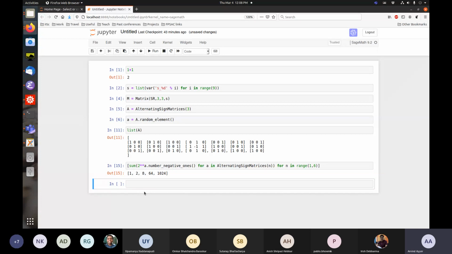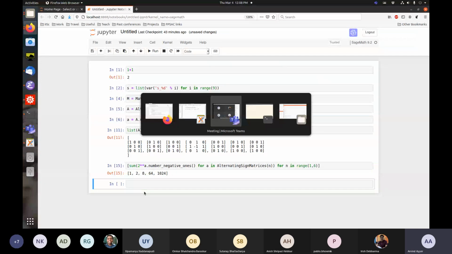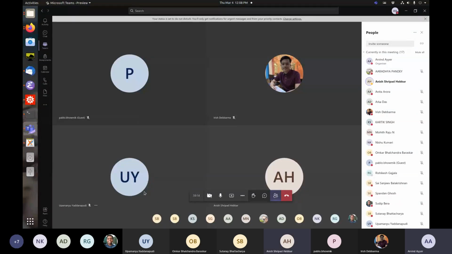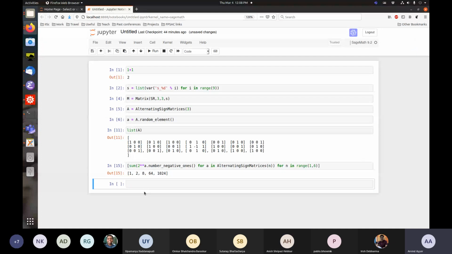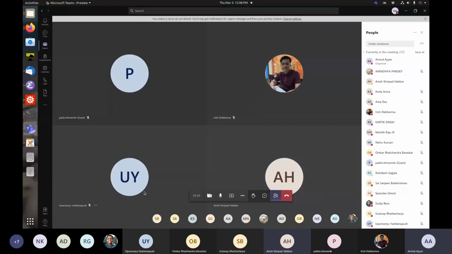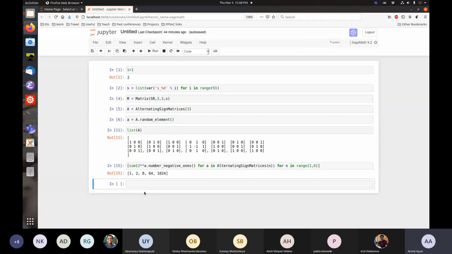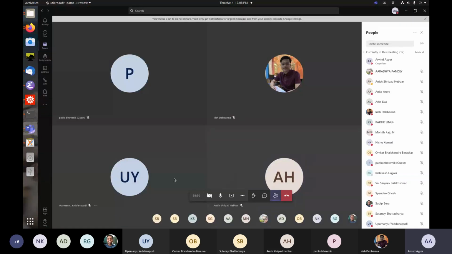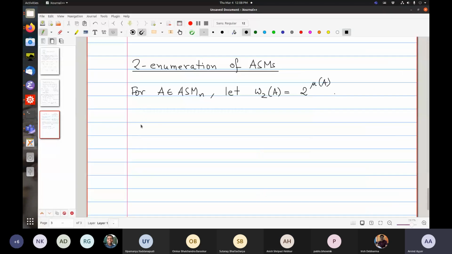Do you see a pattern? Triangular numbers? Something? 3, 6. 8 is not a triangular number. No, but 2 to the power of triangular number. That's right. So amazingly, you always get 2 to the triangular number. I don't know whom to ascribe it to. I think this is already